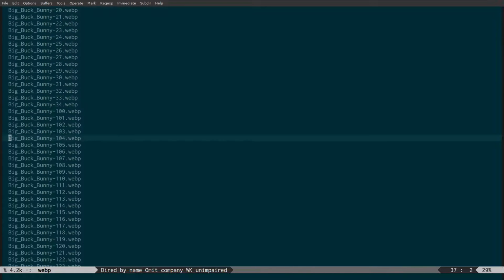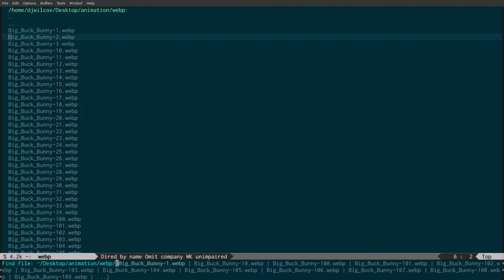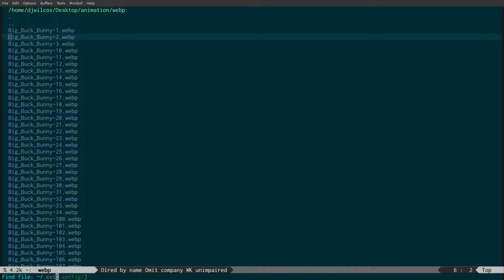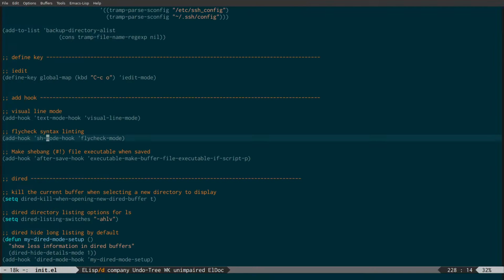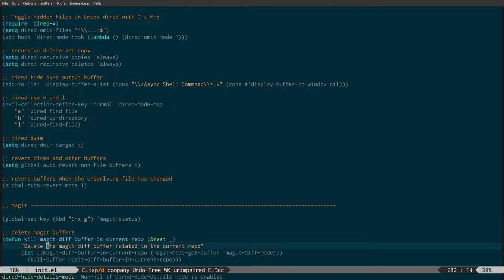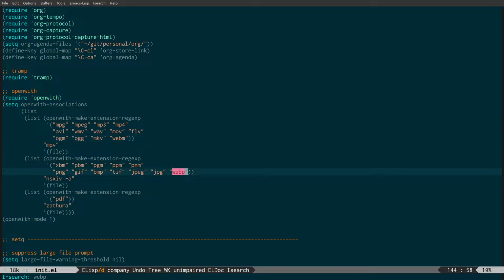And there again, we've got all the WebP files that went through. And I've got Emacs set up with, for any Emacs users, might open with, okay, here we go. So I'm using the open with package in Emacs, and what I've got is a section